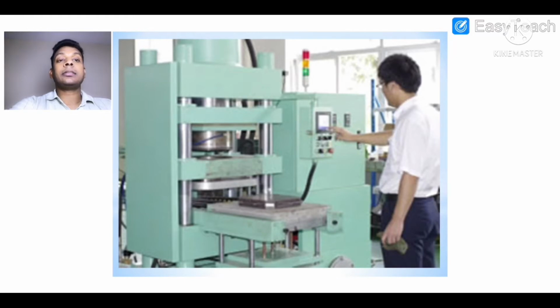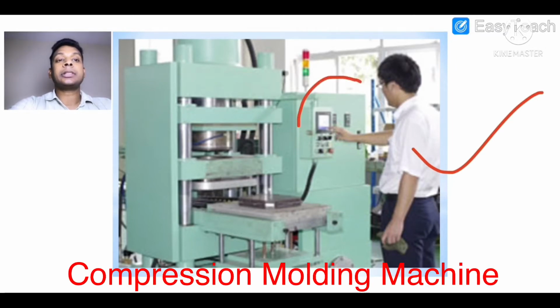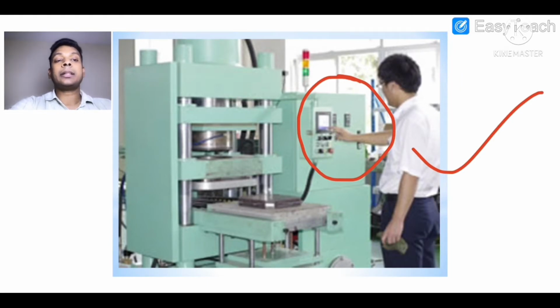Here is the compression molding machine. This is the complete compression molding machine. You can see here, this is the temperature controller, we can say HMI. We set all parameters in this also. How we need the mold temperature, we will set in this, and also what curing time is required for curing the rubber parts, and the stroke, you can say pumping time also. So all our settings will be done in this HMI.